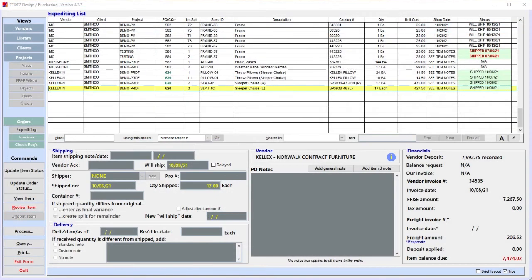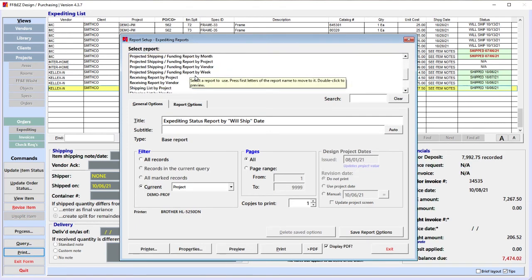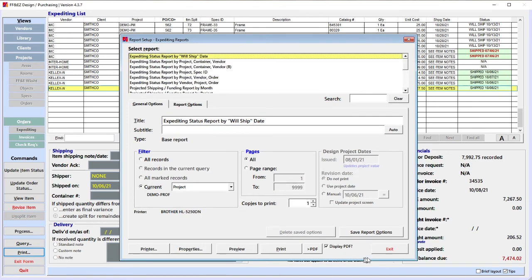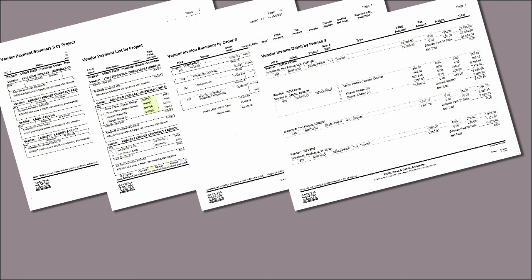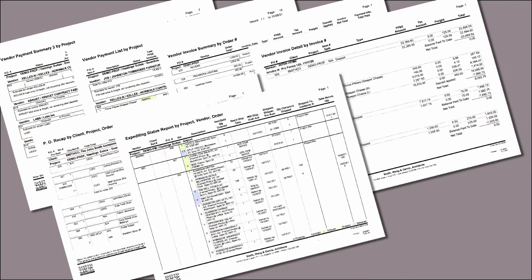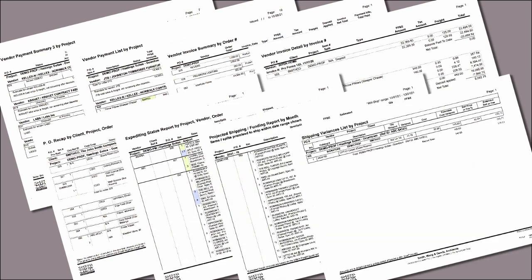If you are responsible for reporting on purchasing status, the expediting screen and the purchasing list screen both have a set of reports to allow you to report on various types of status. These include vendor payment status and summaries, purchase order recaps, vendor invoice reports, expediting status, shipping variance, and a number